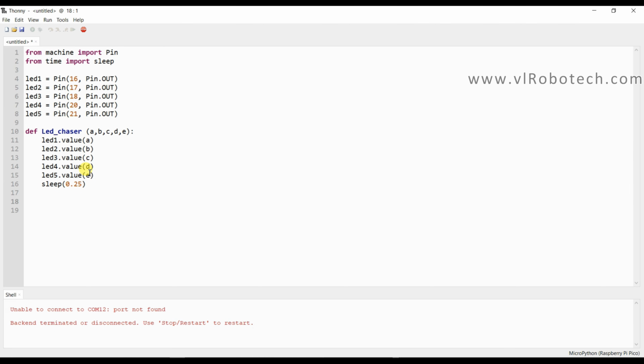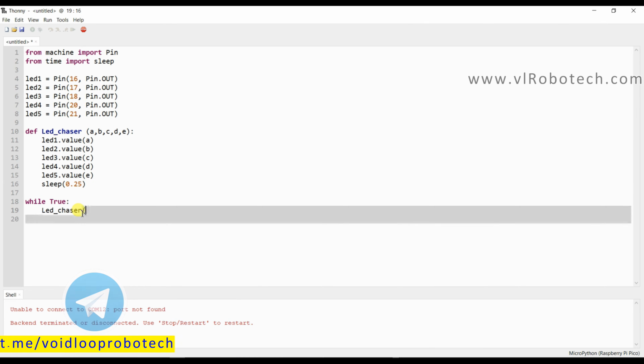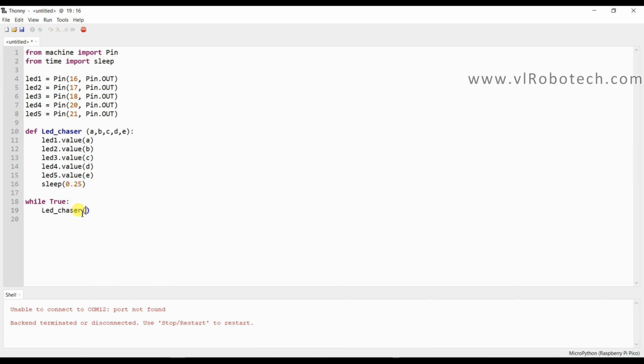Now I will use while loop. It is True because this is infinite loop. Here I will call LED chaser function and it will decide to turn on LEDs or turn off LEDs. So led_chaser. First time all LED will be turned off, so 0, 0, 0, 0, 0. Okay, so all LED has been turned off,